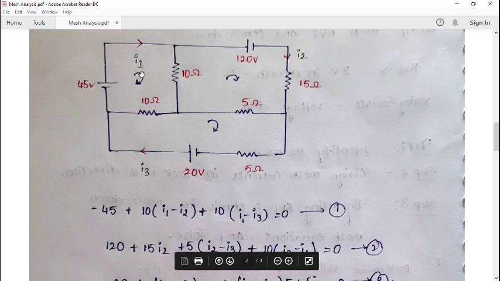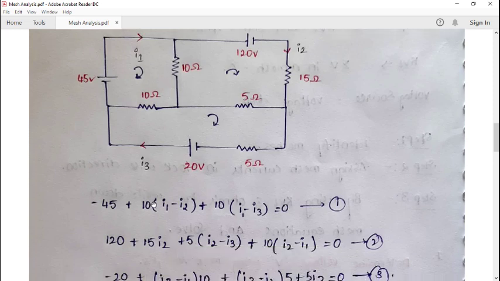Once again, please remember this thing. While moving, we started with negative terminal, so we wrote minus 45 plus 10 into, we are applying Ohm's law here, 10 into current through this branch. What is current through this branch? I1, which is coming downwards, and I2, which is moving upwards. What is the resultant? I1 minus I2 into 10 ohm. We applied Ohm's law here, nothing else. Please remember,